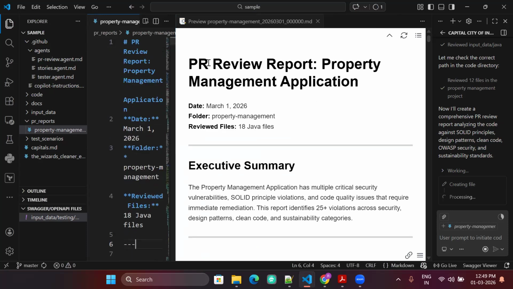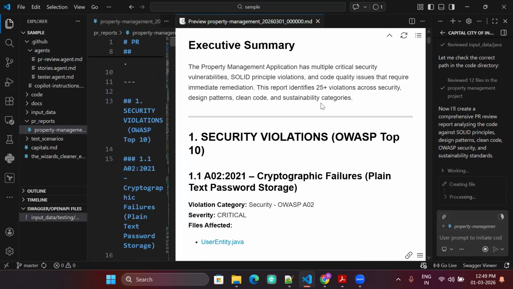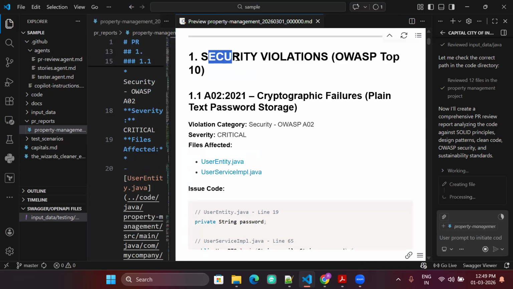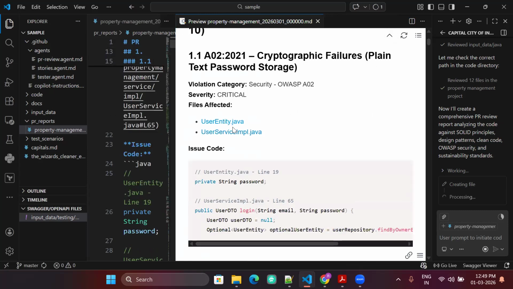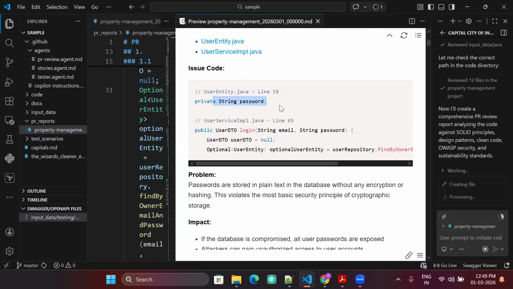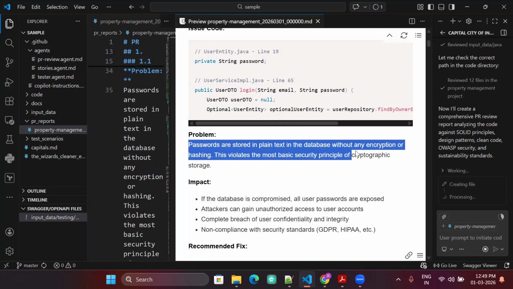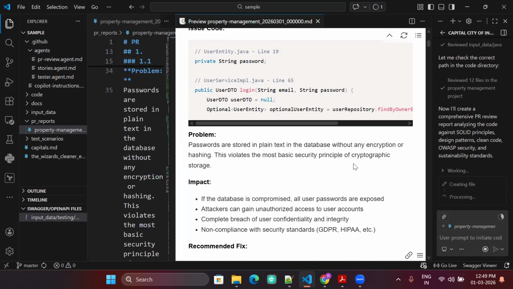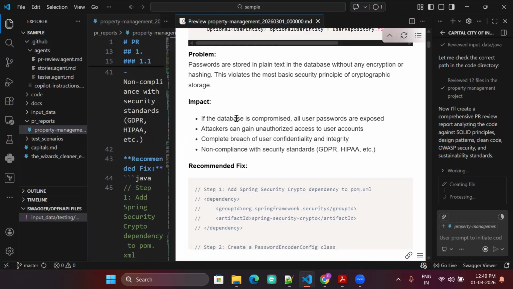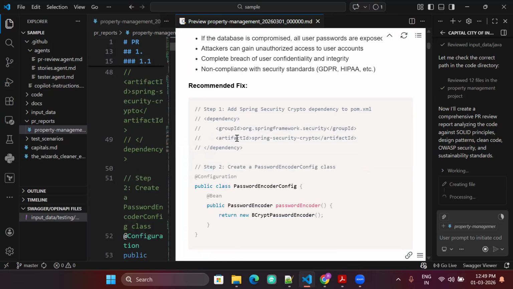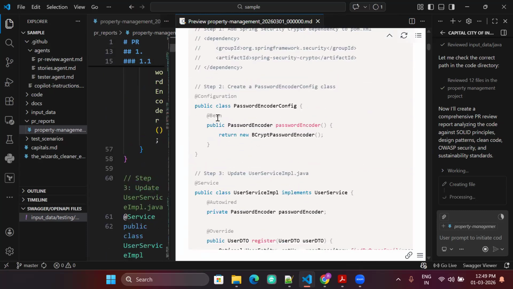So you see, it did a pull request review. It found security violations in these two files. Here it found this class and this method. The problem, it says, is that passwords are stored in plain text in the database without encryption or hashing. This violates the most basic principle of cryptography. Impact: the database can be compromised. Attackers can gain unauthorized access, a complete breach, and it is saying how to fix it.